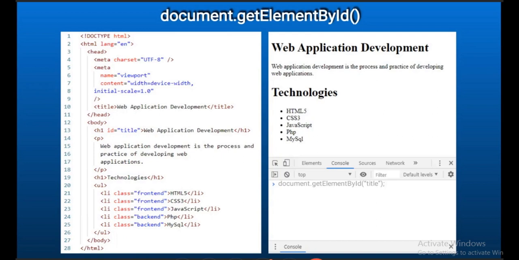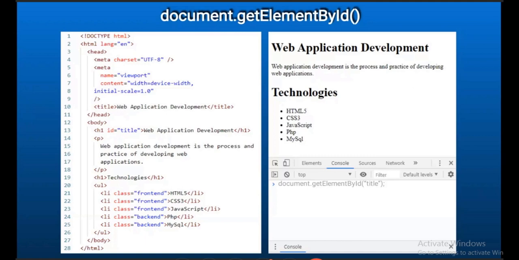Let's see what we will get. Displayed in the console will be the corresponding code of the H1 tag. I just highlighted this for convenience; the highlighting will not appear in the actual web page.